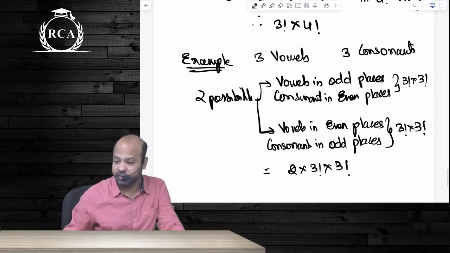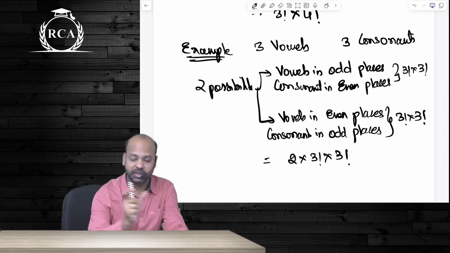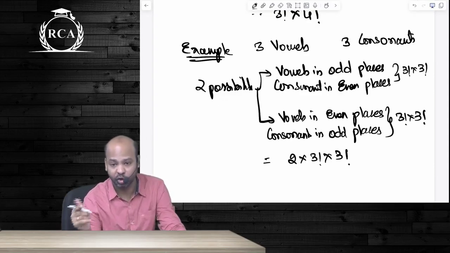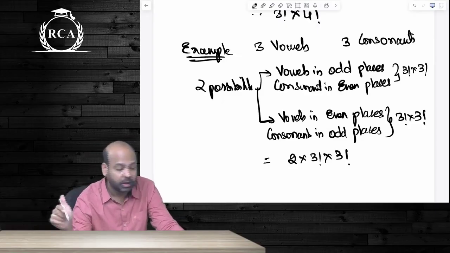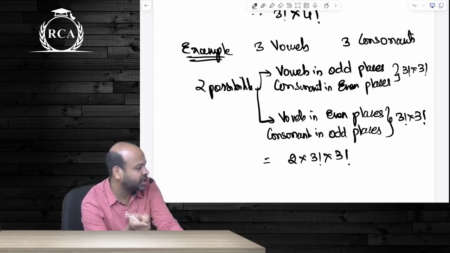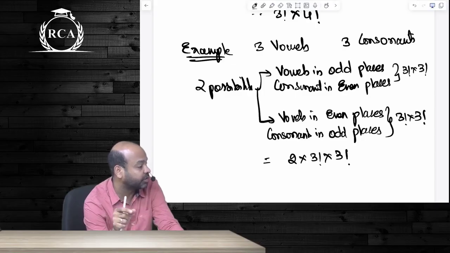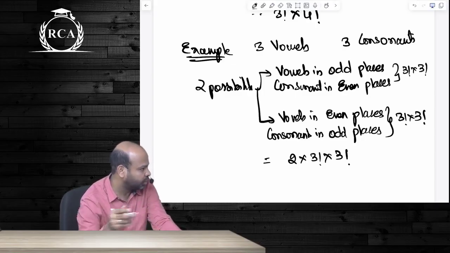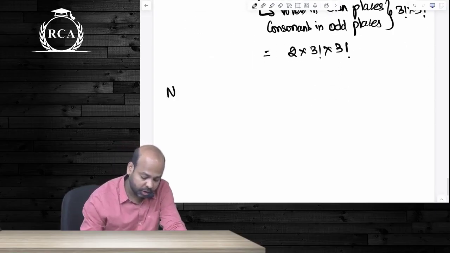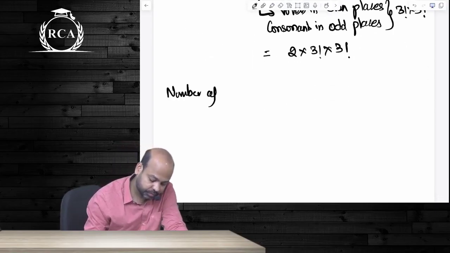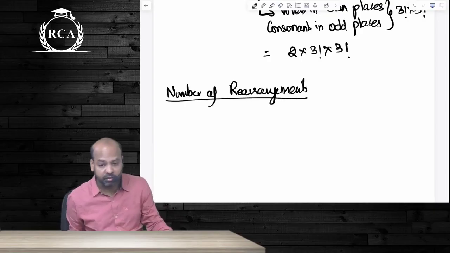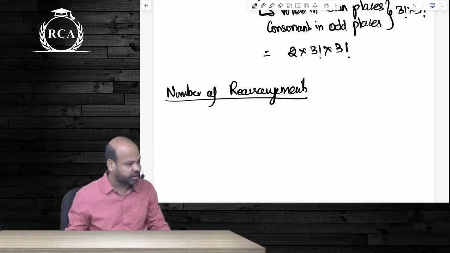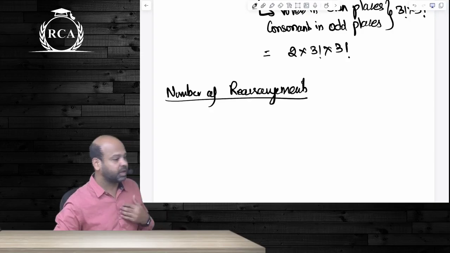Done with this alternate seating arrangement. So if the objects have to come together, take them as one unit. If the objects should never come together, arrange the other group first and then put this group in the gaps. And then beta, if it is alternate seating arrangement, check if the number of objects are equal or if the difference is equal to 1. Only then you will know how to answer it. Next beta, if the question says number of rearrangements, in number of rearrangements, beta, -1 if and only if the given word satisfies the condition. If the given word does not satisfy the condition, we are not supposed to do it.